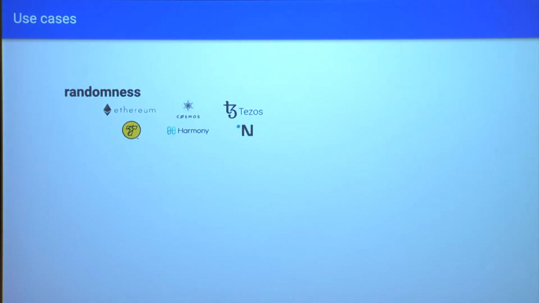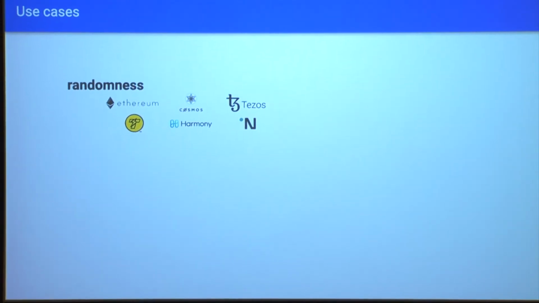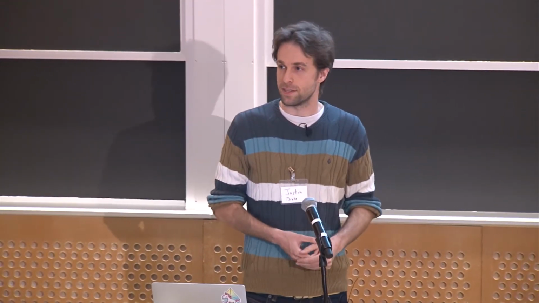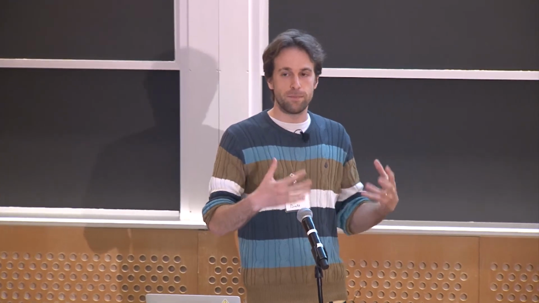And random numbers are very important to blockchains because it's basically a way of sampling consensus participants to do various tasks. So for example, sampling a block proposer to create a new block. Very similar to what proof of work is. Like proof of work, you can think of it as a random beacon, like a random mechanism to fairly sample a block proposer to extend the blockchain. And this mechanism needs to be fair in the sense that the probability of being selected is proportional to the